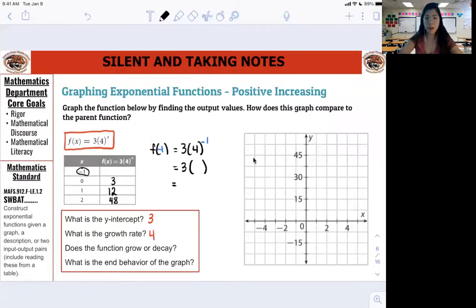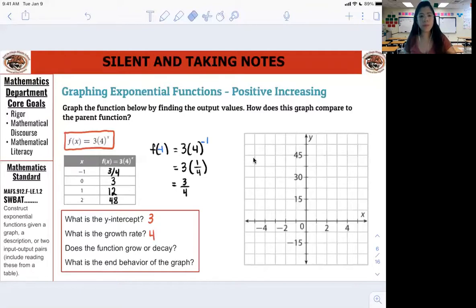All I'm doing is bringing that 4 down into the denominator. So it's 1/4. Because now when you do multiply it, what is 3 times 1/4? 3/4. So 3/4 brings me to my last